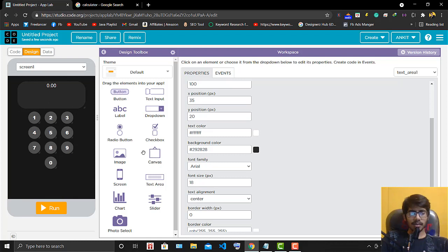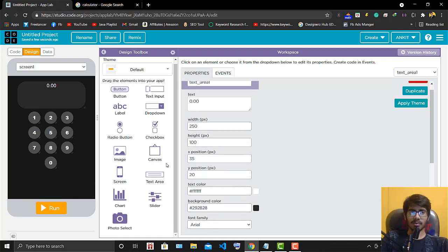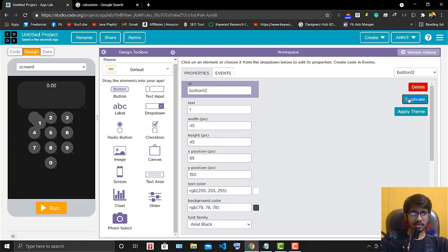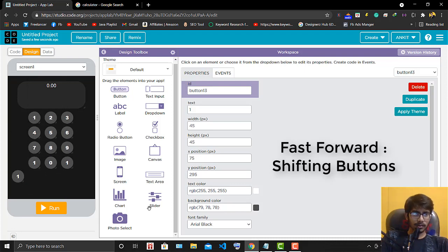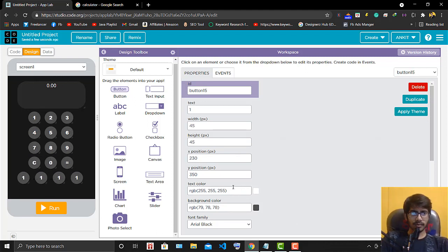Now we have to make some buttons as well, like plus, minus, so that we can perform the actions, right? So to perform the actions, we will just duplicate the buttons. I just love the duplicate thing because it makes my work easier. I do not have to drag and drop it. So I will put it here. I will leave it. It's looking very perfect right now, okay.